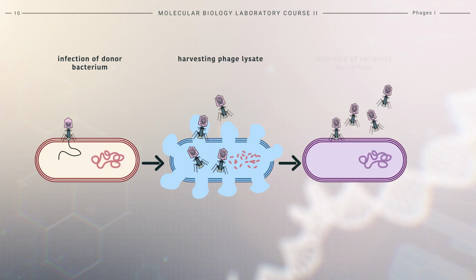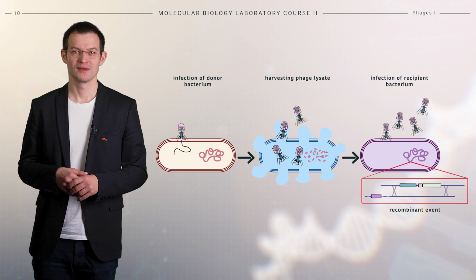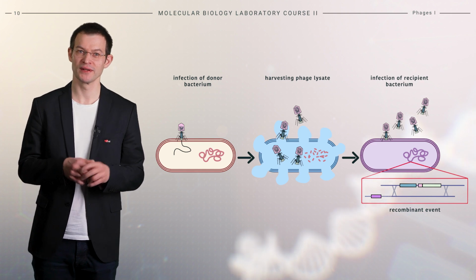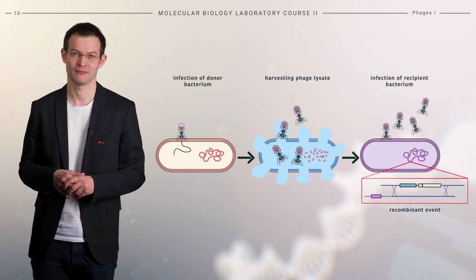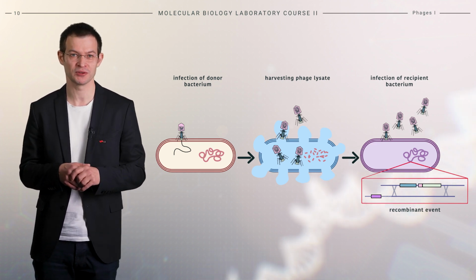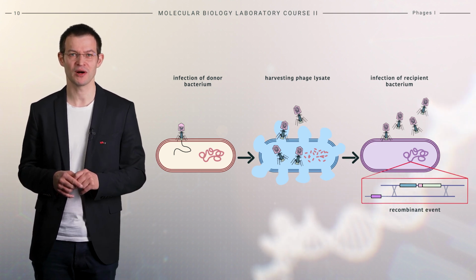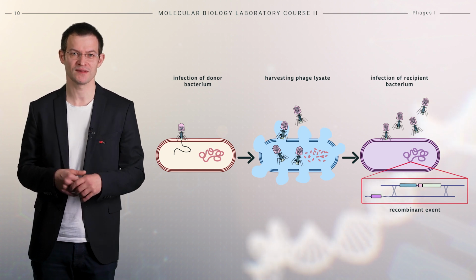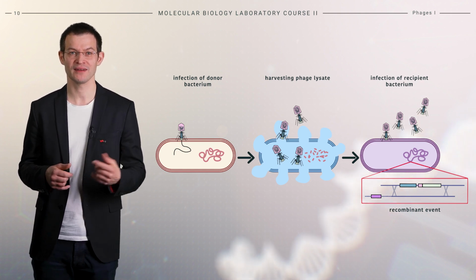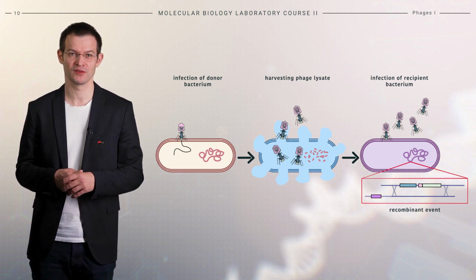This so-called co-transduction occurs when the markers are located close enough on the bacterial chromosome. Since the size of the packaged host DNA is limited to approximately 100 kilobase pairs, only nearby genes can be transferred together. P1 transduction was originally developed to determine the localization and arrangement of genes on the E. coli chromosome. The proximity of the selection marker to the gene of interest also determines the efficiency of the co-transduction. Genes that are closer together have a higher likelihood of being co-transduced into the recipient strain. This forms the basis of the following experiment.